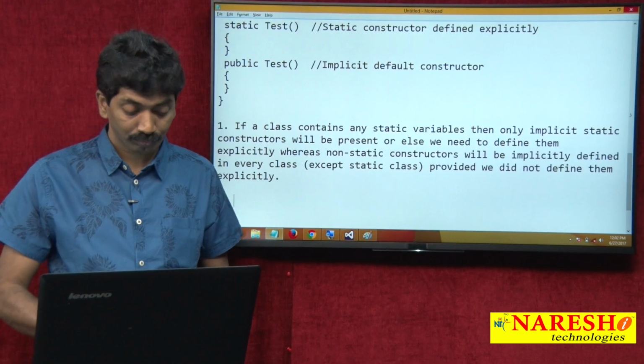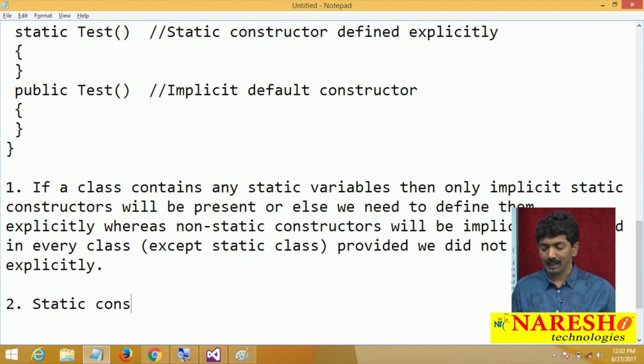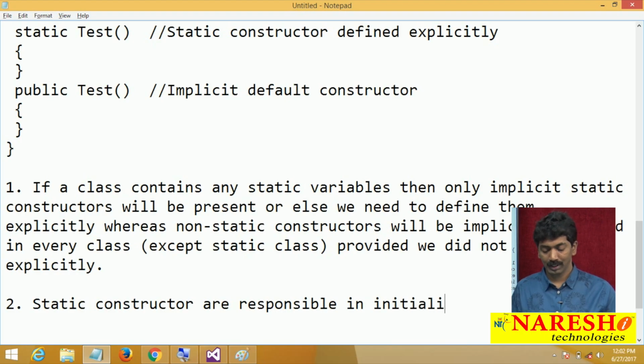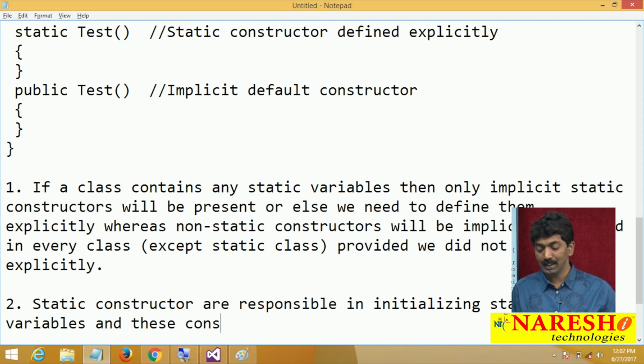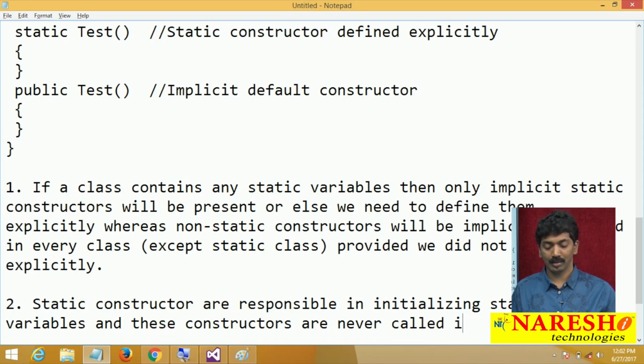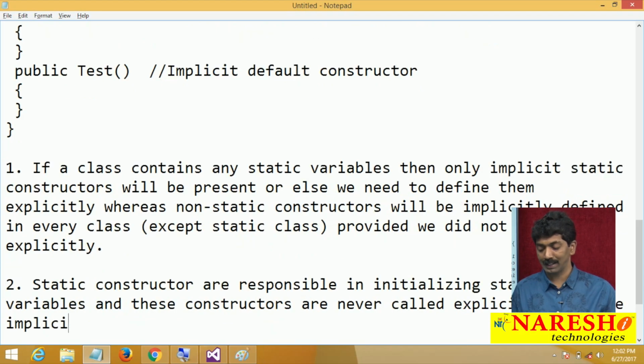Point number 2. Static constructors are responsible in initializing static variables, and these constructors are never called explicitly, they are implicitly called.